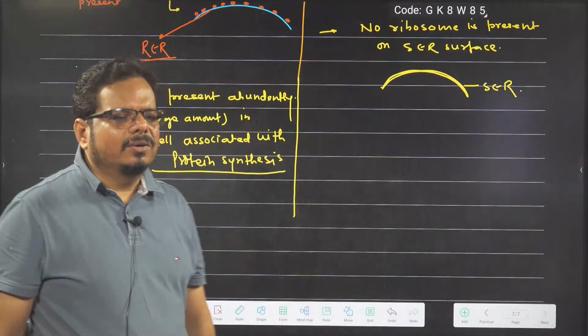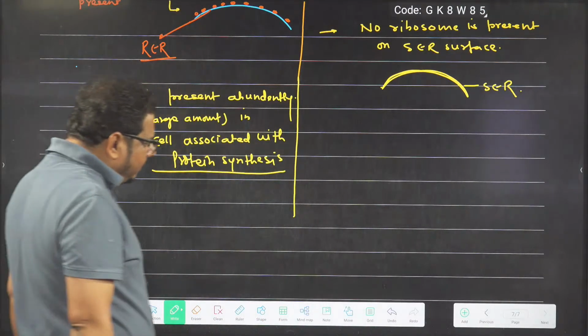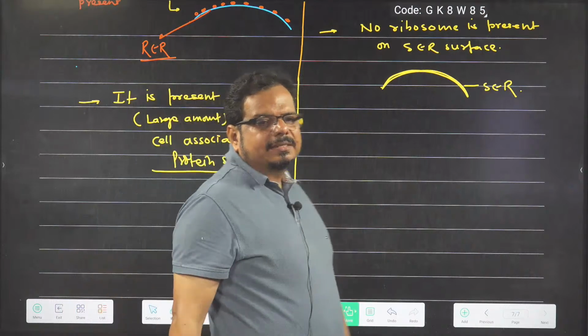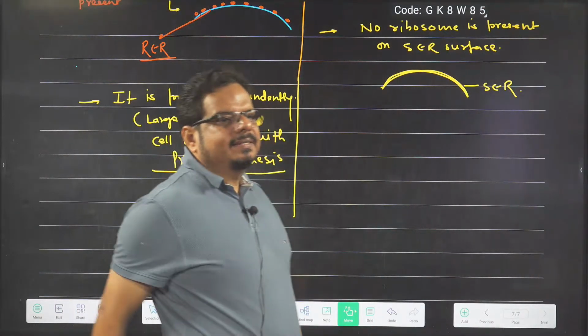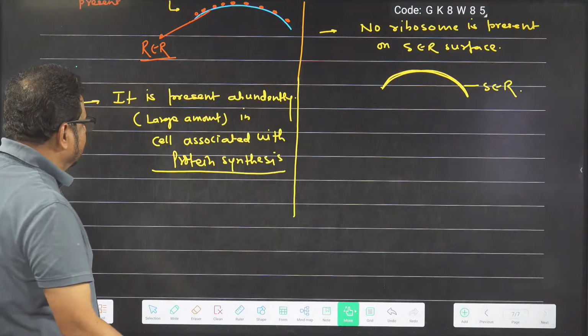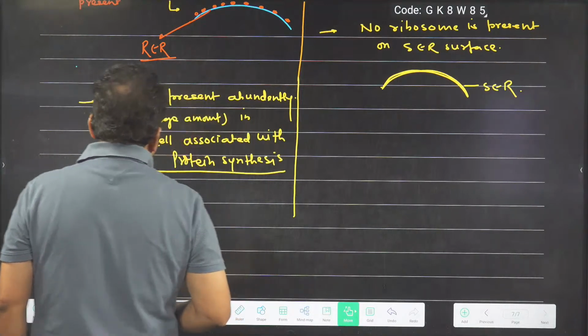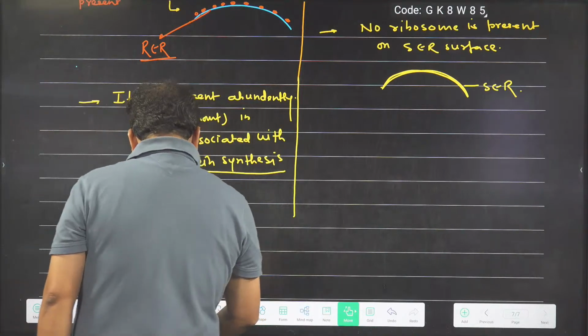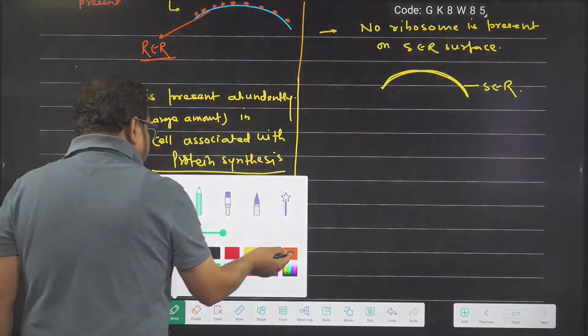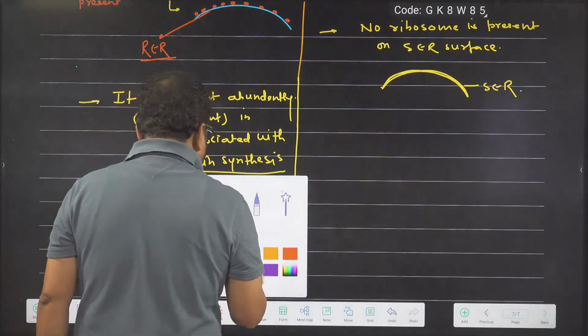Are you getting the idea or not? Is it clear? One student is asking what S is. I will tell you what S is when I teach ribosome. Is it clear? So this is present in large amount in the cells that are involved in